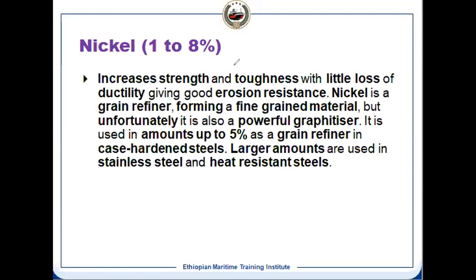But when it becomes strong, definitely the ductility will be lost. A little ductility is lost, not very highly, but a little. That's the reason we use the alloying material. It also gives us erosion resistance. For example, for the exhaust valve we use one of the alloying materials, because it has to be erosion resistant. So it depends upon the application.